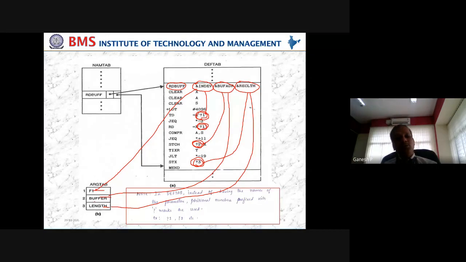To avoid misappropriating those values or missing those actual parameters, it is better to implement the argument table using the stack, so that the first, let us say macro A, its parameters will be loaded first. They will be pushed onto the stack, then B, then C. Since C is the one which is going to be executed first, that will be popped, later B, later A.